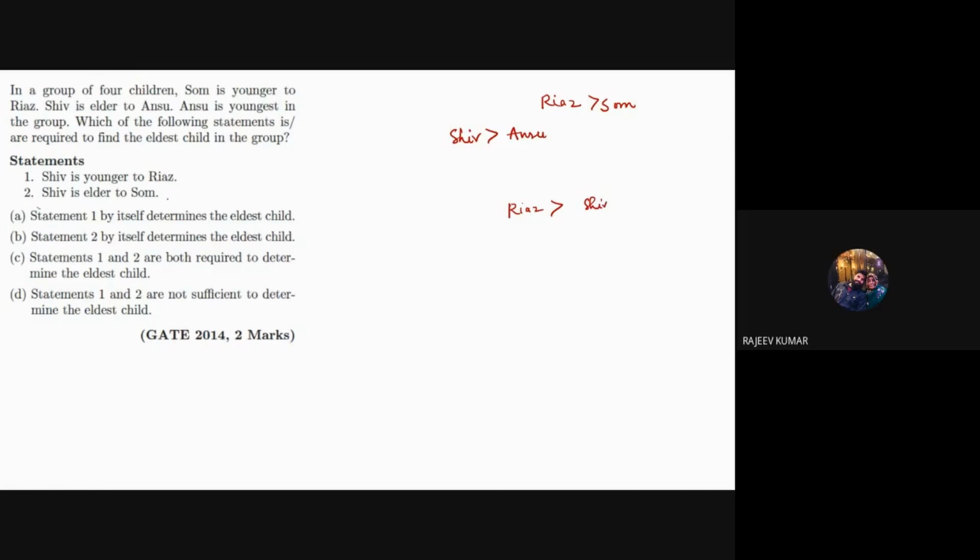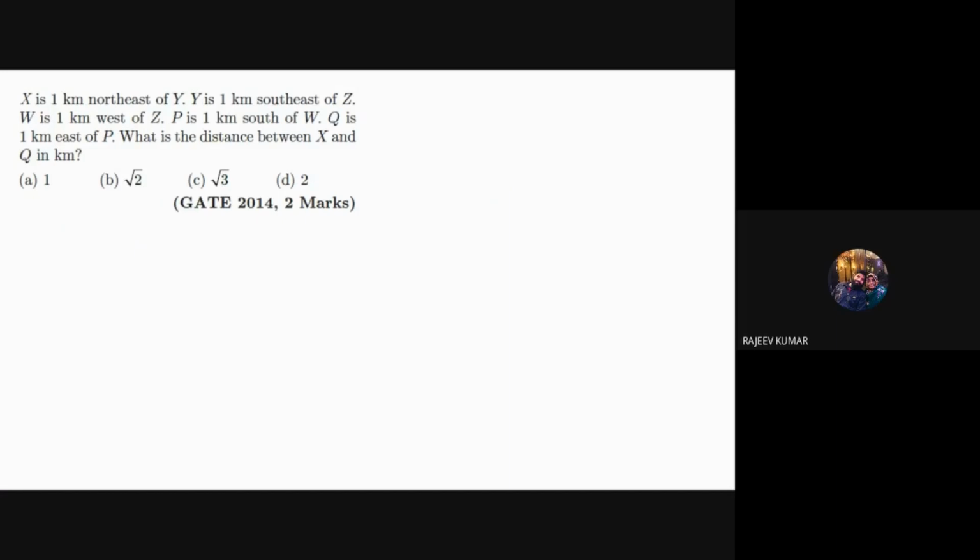If it has been given that Shiv is elder to Som, अगर मैं दूसरे सेंटेंस की बात करता हूँ, Shiv is elder to Som, ठीक है, तो शिव जो है वो सोम से बड़ा है और रियाज भी सोम से बड़ा है, सो नोबडी नोज वेदर रियाज इज एल्डर और शिव इज एल्डर ऑफ ऑल, ठीक है, क्योंकि यहाँ पर सिर्फ हमें इनका रिलेशन दिया हुआ है। तो दैट सेकंड सेंटेंस वोंट बी एक्चुअली इनफ टू आइडेंटिफाई कि कौन एल्डेस्ट है, सो करेक्ट आंसर विल बी फर्स्ट वन, राइट, दैट शिव इज ग्रेटर देन रियाज। सिंपल सा क्वेश्चन है, अगेन आस्क फॉर 2 मार्क्स। नेक्स्ट वन,